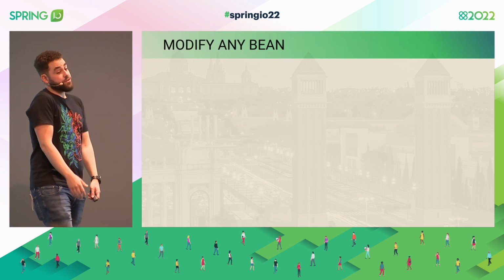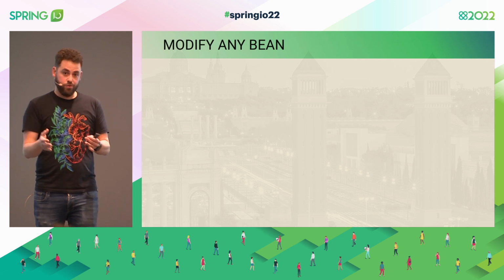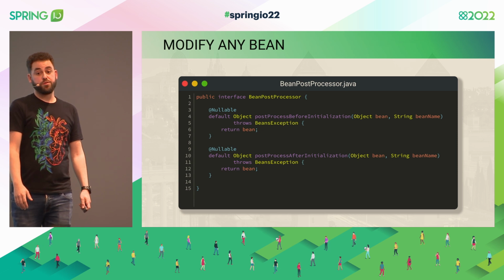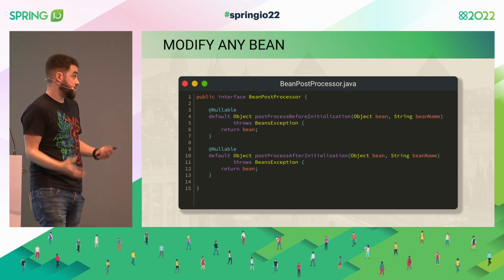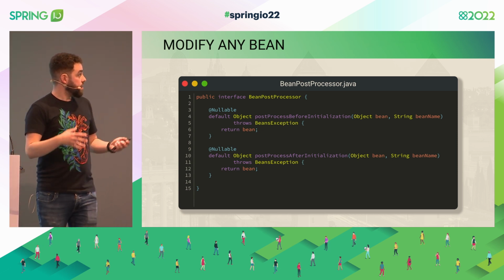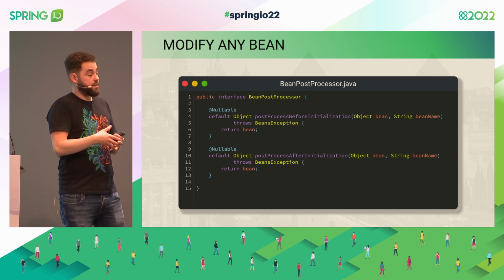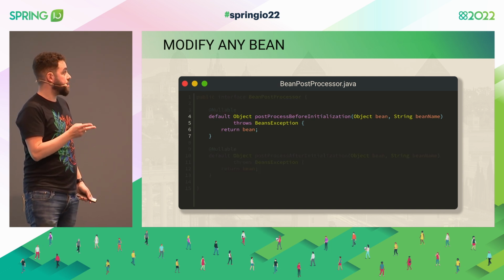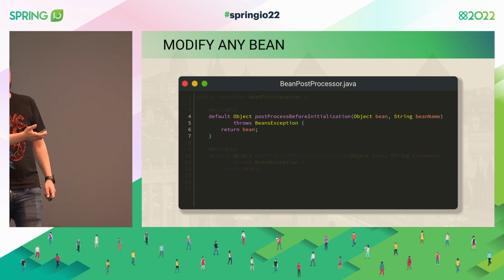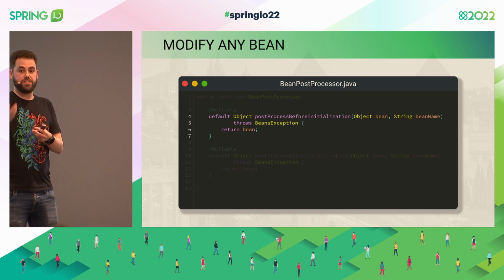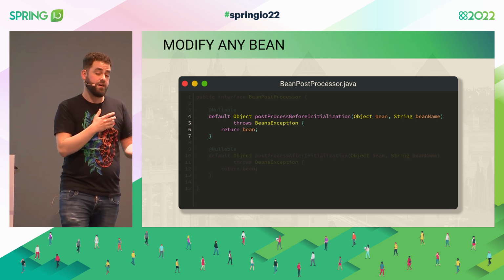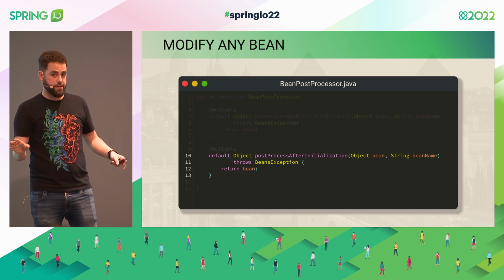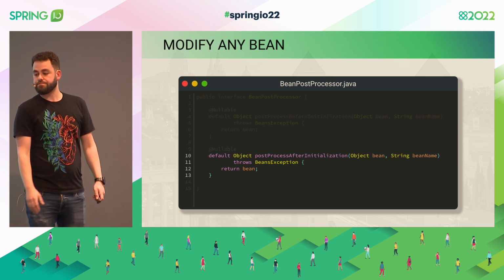Otherwise, there's another way in Spring to just modify absolutely any bean. And this is the BeanPostProcessor. So BeanPostProcessor is a special type of bean that just intercepts. It's created before anything else, and intercepts the creation of the beans themselves. And it has two methods. You have the post-process before initialization. This would be the bean is created, but still not fully initialized, so post-construct and this kind of stuff are still not executed. Or you can do it after initialization. So the bean is just fully ready and about to go into the context.